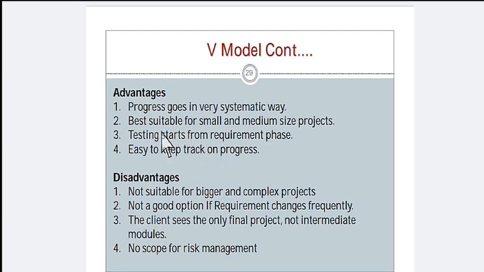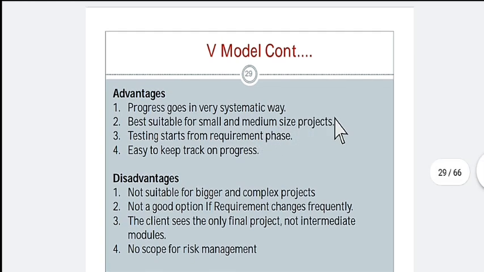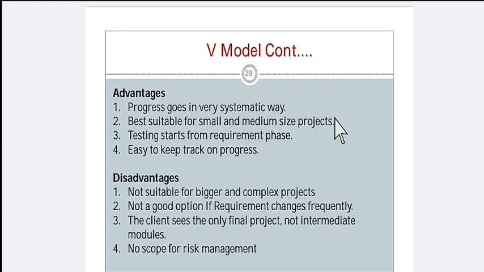Second, it is best suitable for small and medium size projects. This type of model we will use for which type of project? For small projects and medium size projects. Testing starts from the requirement phase. As we have seen, if we have any bugs in the software, we will directly go towards the requirement stage.